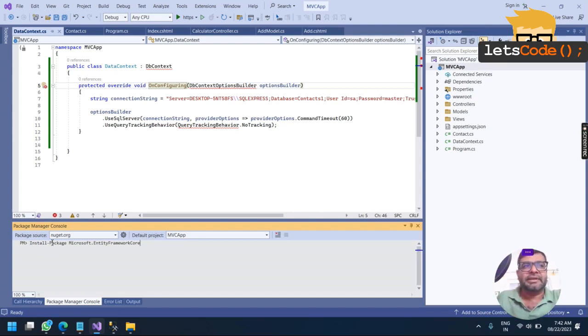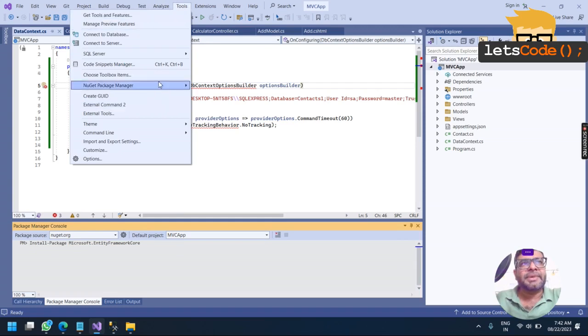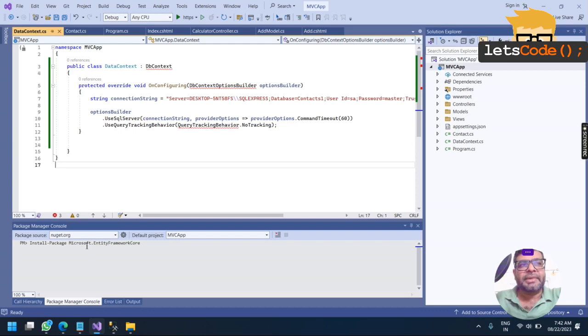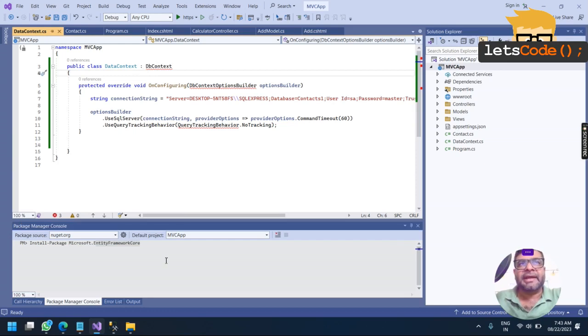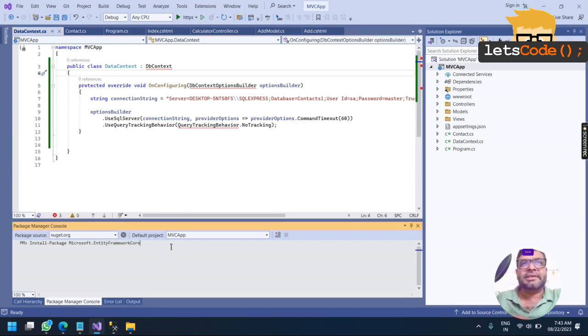By default it takes the latest version, and since I have just one project and that is selected by default, my command is install package Microsoft.EntityFrameworkCore. So with this the desired package will be installed. It's not a single class, it's a collection of classes. That's the reason it is called a package.